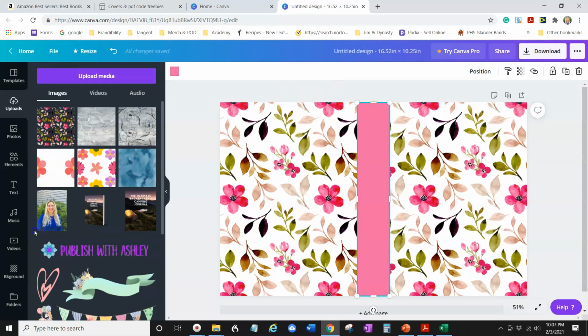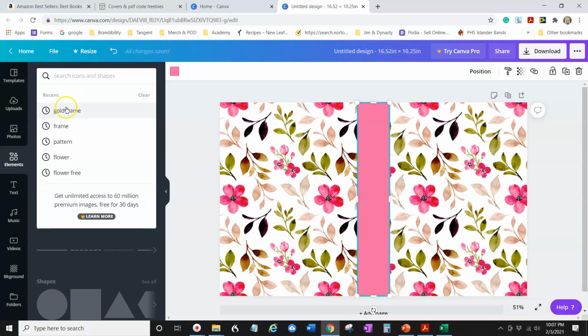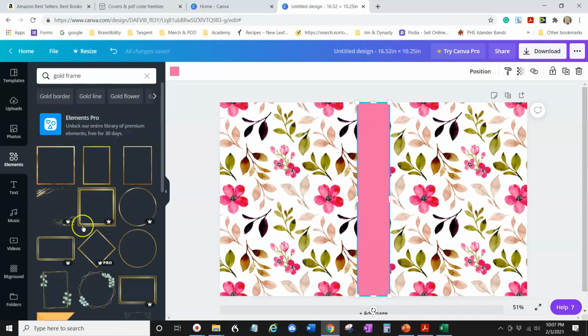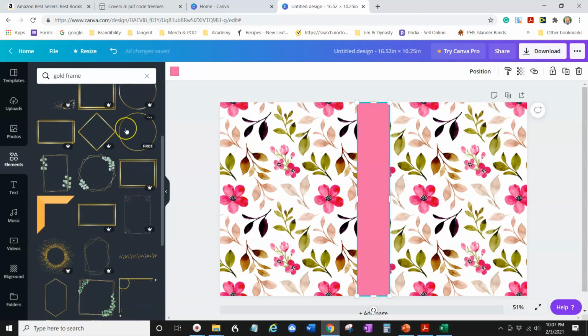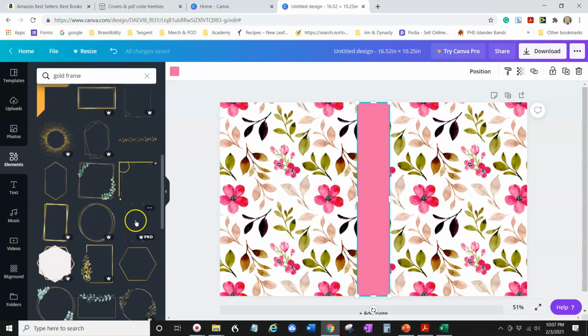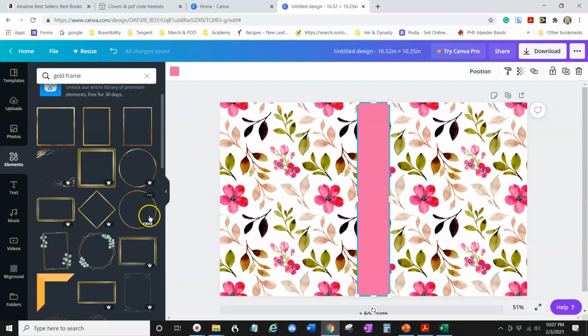All right, so the thing you could do is upload frames. I did that in the other video, but I wanted to show you a different technique that's kind of fun. So I'm going to hit this gold frame, and if I type in gold frame, it'll come up, so you can look and see what they offer. If you have Canva Pro, there are some cool ones, but this one is free, and I wanted to show you what you could do with some free ones. So we're going to do this circle,